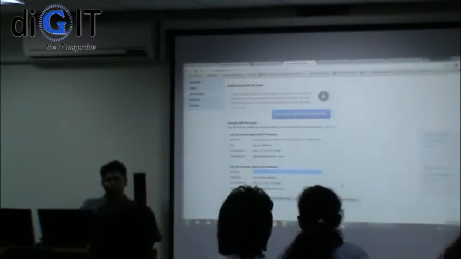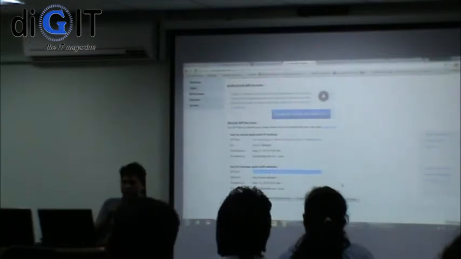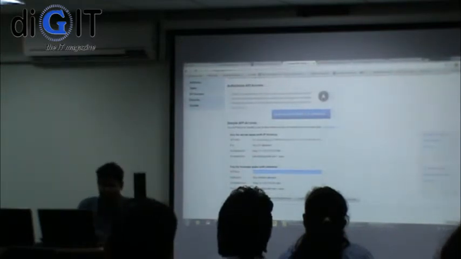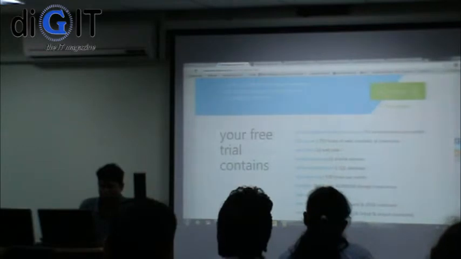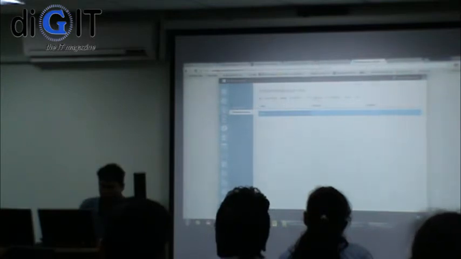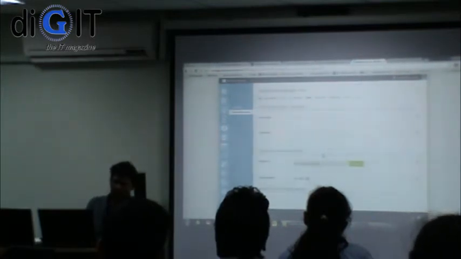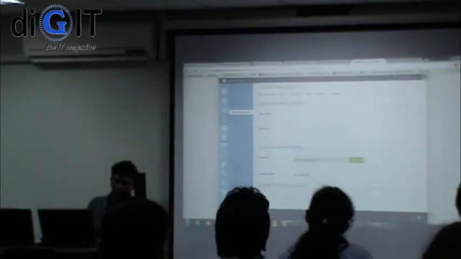The push happens in two parts, right? You've got to register your device with C2DM or GCM, and you've got to have a server that will basically push stuff to your device. So you need an API key for that. This is what you need. So if you go to your console now, go to push, and notice GCM is not the only thing.